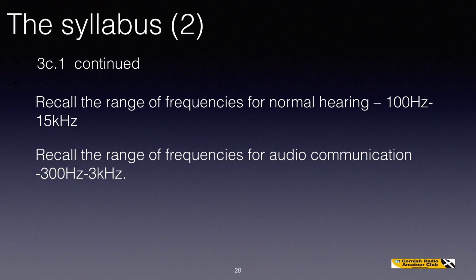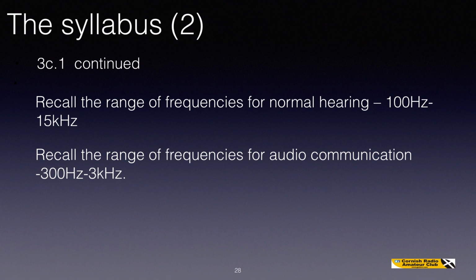Recall the range of frequencies for audio communication, 300 Hz to 3 kHz. When we look at modulation in subsequent videos, and also in the intermediate and advanced course, we can see that the bandwidth, or the space we occupy on the RF spectrum, is dependent on how much information or how much bandwidth we want to transmit to air. So if we want to send music from, let's say, 100 Hz to 15 kHz, we will use a lot of RF bandwidth. But if we restrict the amount of frequencies to 300 Hz to 3 kHz, we use less RF